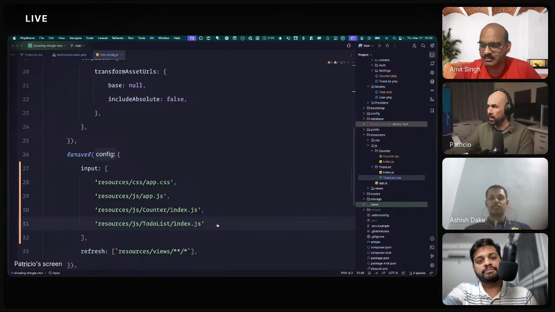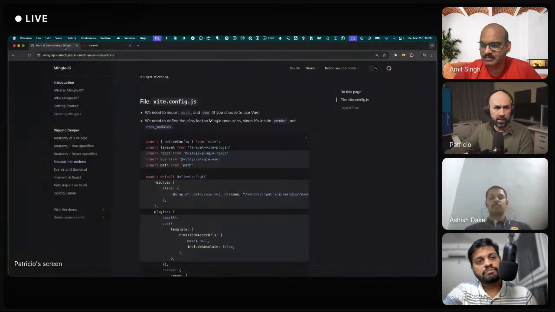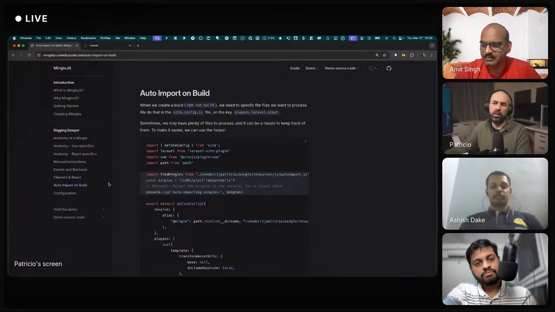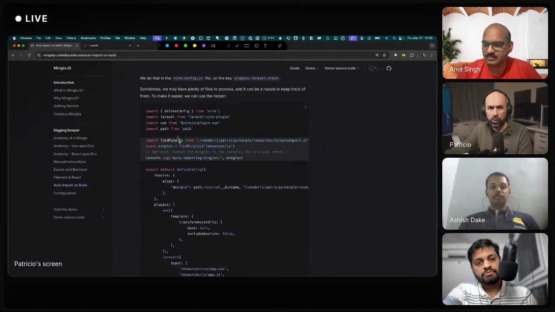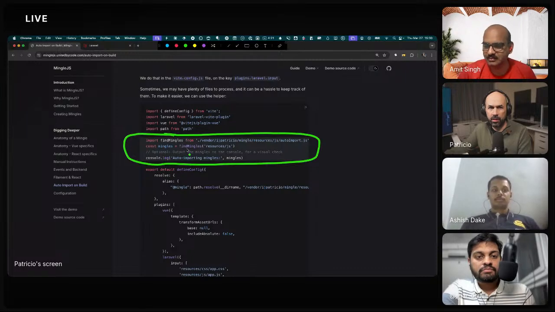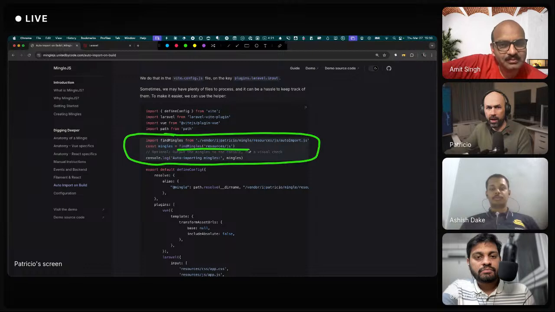Okay. There's also a mechanism for auto import. If you have like 20 mingles and you are doing it heavily, you use this function, and that's it. From here, you import find mingles, right?